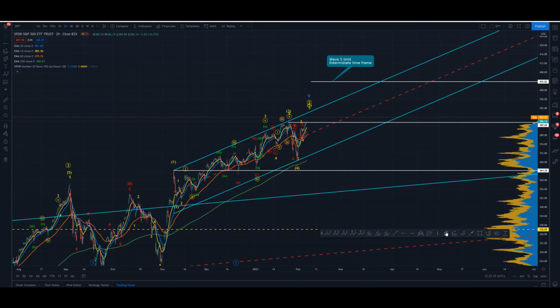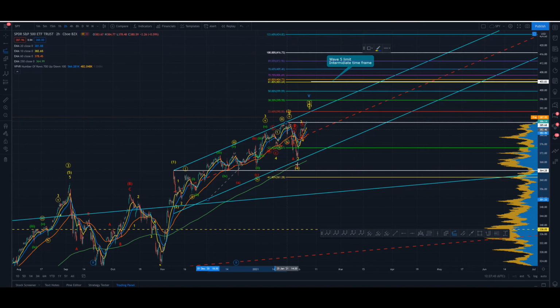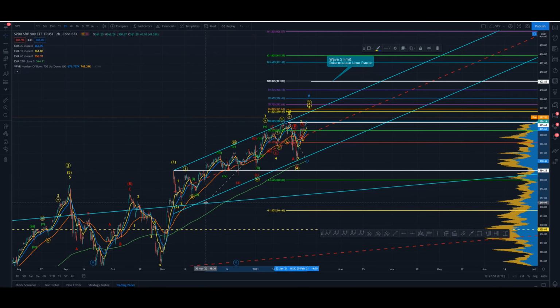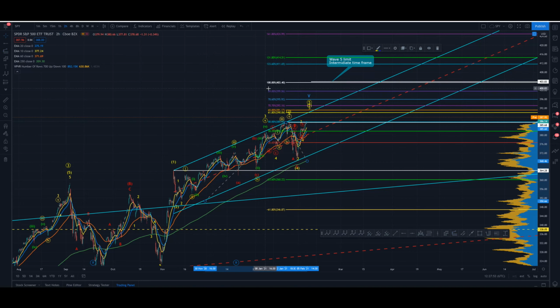So the way we find that is by taking the length of our 3, having established the relative length to the 1, come up to the top of the 3, come down to the bottom of the 4, and sure enough, if I just get it in the right place, which I don't think I have, there we go. I must have missed one of the pivots ever so slightly, but it's right in the ballpark here. 403.40 it comes up here, but I did measure it precisely at 403.83, so the wave 5 cannot go